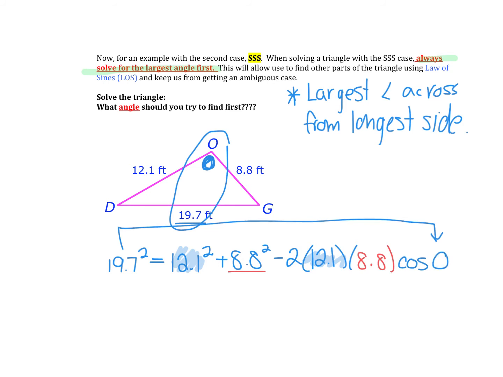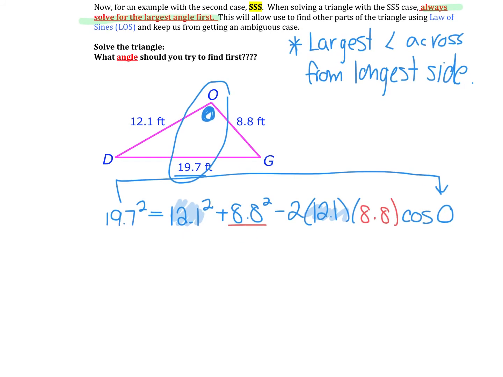So admittedly, I will tell you that throughout the years, what I've noticed is that most kids mess up solving this. Setting up the equation is usually not the problem. The problem is solving it. So I'm going to go ahead, square these numbers, multiply them together, write down the next step. 19.7 squared is 388.09. It is going to equal 12.1 squared, which is 146.41, minus 8.8 squared is